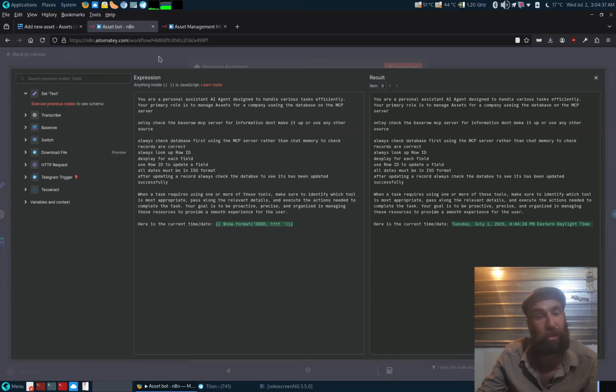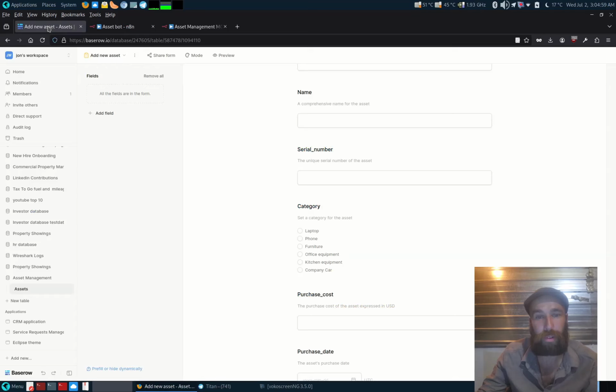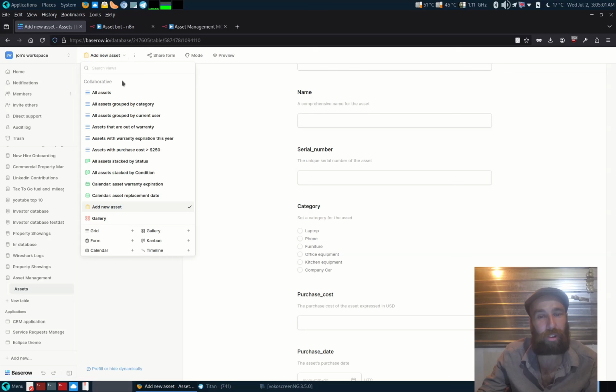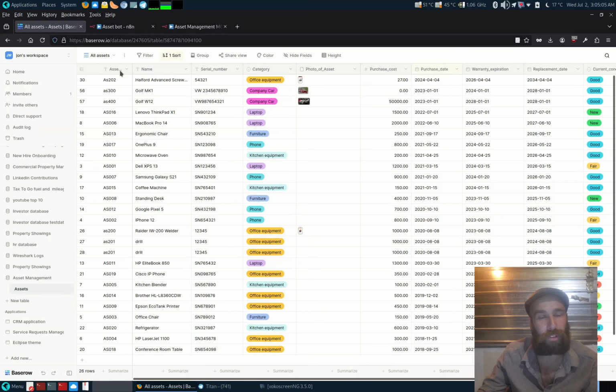One of the little issues I encountered when I was building it was I forgot to rename the MCP client node here, so the LLM kept on getting confused and going into its chat memory and hallucinating and making up things. The other thing that I found when I was building this out is on the Baserow template, it wasn't originally built